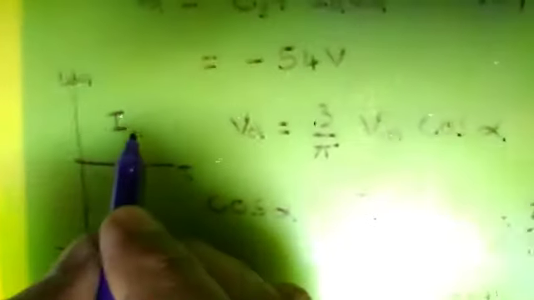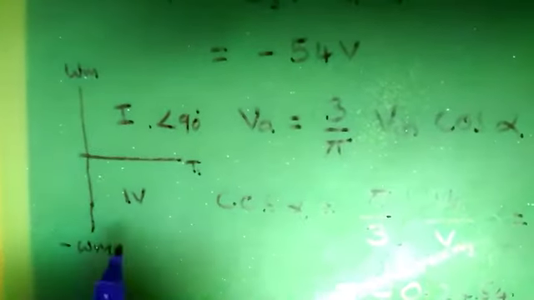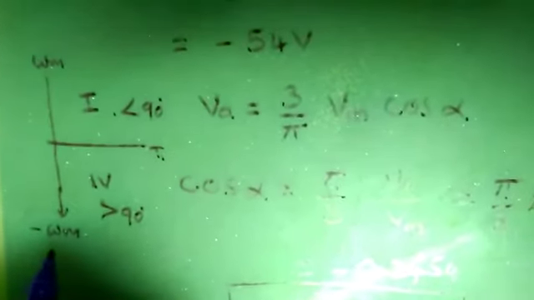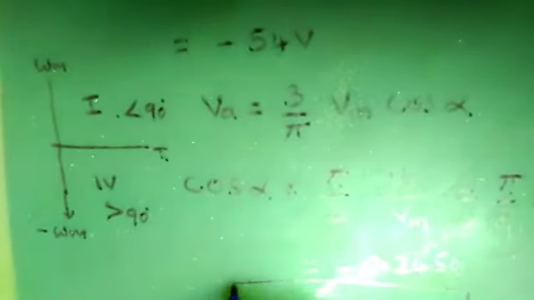In this numeric question, the first case is in the first quadrant, hence we got alpha less than 90 degrees, whereas in the second case alpha is 104, which is greater than 90 degrees. So reverse regeneration happens when the speed is reversed. Hence first quadrant is motoring operation, fourth quadrant is reverse regeneration operation. In the first quadrant alpha is from 0 to less than or equal to 90 degrees. In the fourth quadrant alpha is greater than 90 degrees up to 180 degrees.